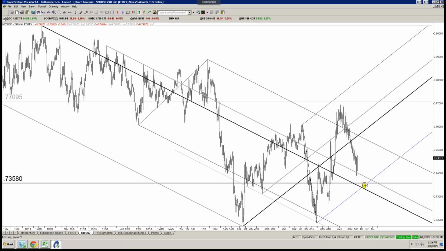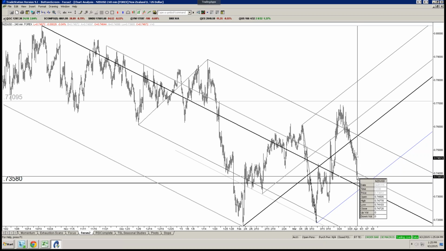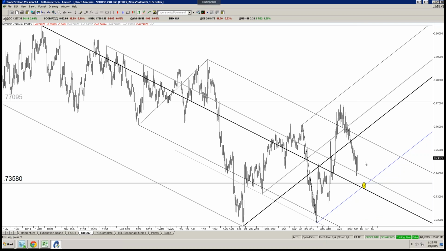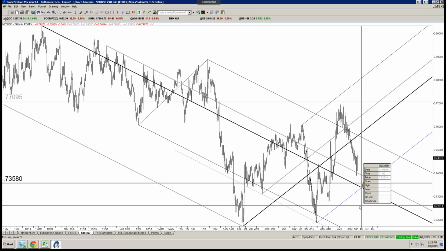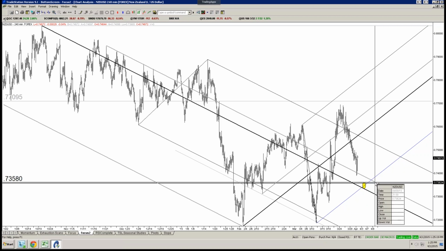In any case, what we've got here is this morning's low came right in at support, so that's interesting too. Now, I think there's actually better support slightly lower. You've got a confluence of levels which could come in play really any time between now and at some point next week. What's the 9th? The 9th is actually next Thursday, so could come in at any point between now and next Thursday, down near 73.60. 73.60 is the daily reversal support.